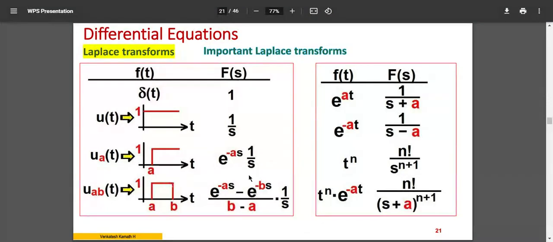Now look at the Laplace transform of it. You don't have to remember it exactly as it is. Look at the concept. It has remained constant for some time at 1, right? So the Laplace transform of 1 is 1 by s, and it has risen at a. For that it is e power minus a s, the exponential of s with the minus a coefficient. It has come down at b. It is e power minus b s. So it has gone up, it has come down. It is actually a vertical line moving up and down, so it is e power minus a s or e power minus b s.